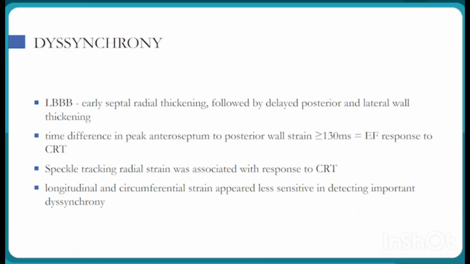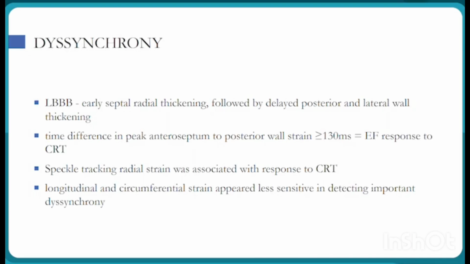Strain imaging can also be used to assess dyssynchrony. In patients with LBBB, there is early septal radial thickening followed by delayed posterior and lateral wall thickening. So there is a time difference in peak anteroseptal to posterior wall strain of more than 130 milliseconds, and the EF responds to CRT. So it is seen that patients who have a wall strain difference of more than 130 milliseconds have a good response